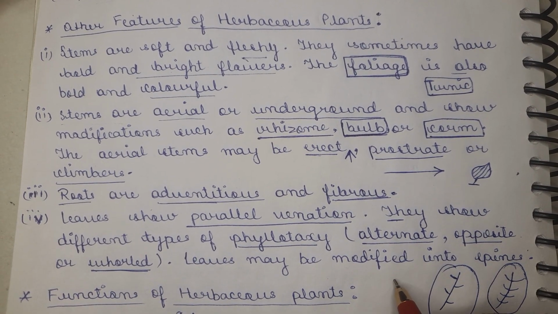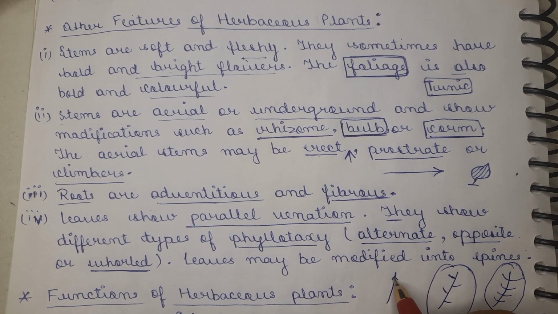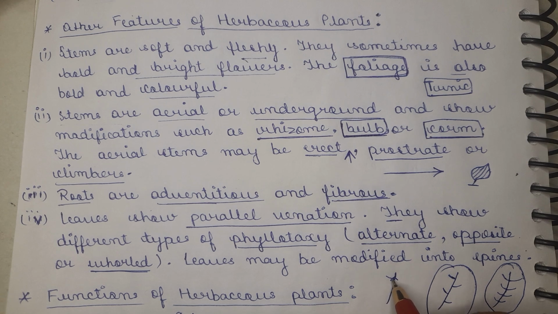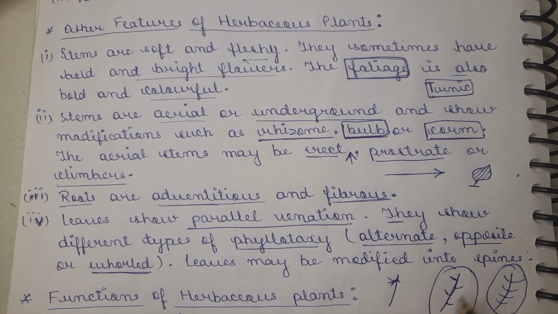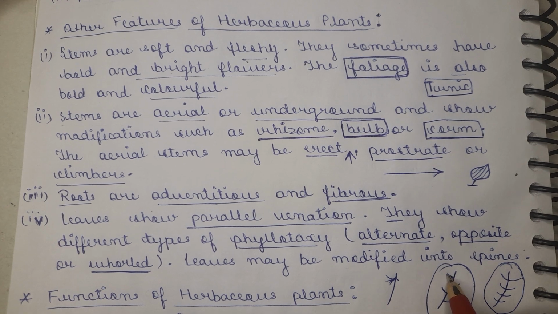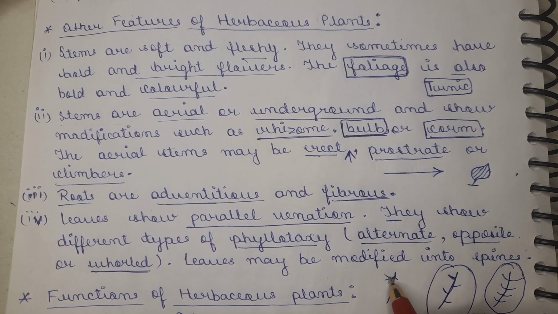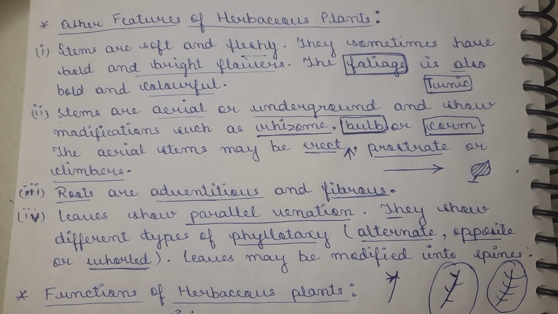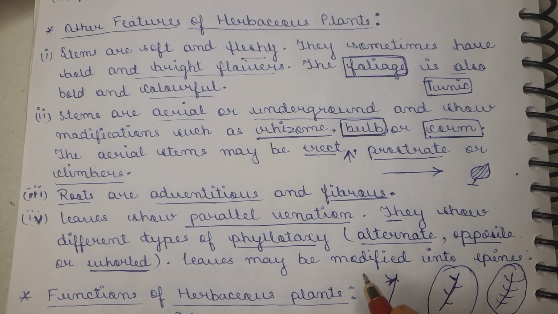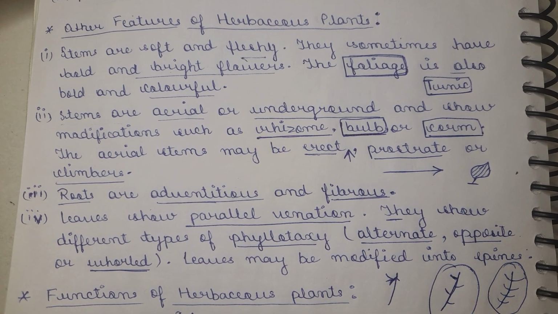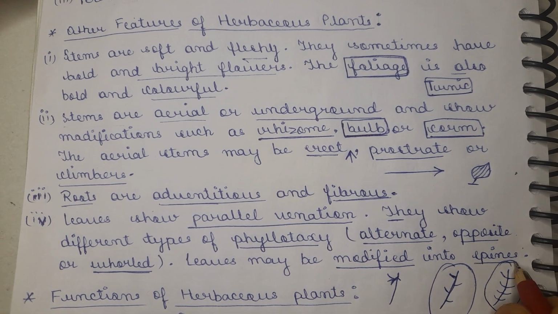Whorled means that there may be a stem and there are buds present on it, and from one bud there may be many leaves. Like here we can see that on one stem there is one bud, and from one bud the leaves grow, but in the whorl, that means from one bud too many leaves grow. And this type of leaves are basically scaly, leathery, or fleshy also. Now these leaves may sometimes be modified into spines.